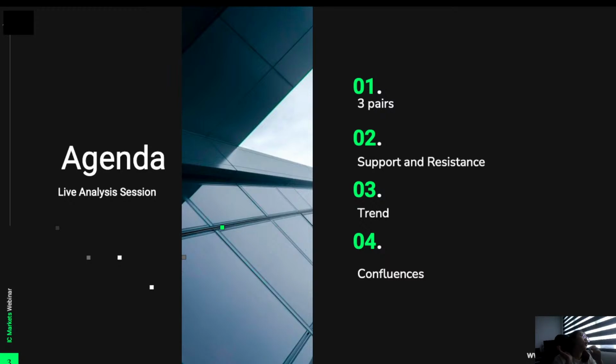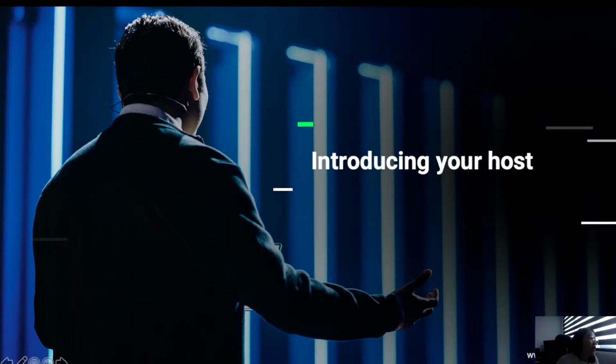Our aim is to look for setups, look for support and resistance, look for trend, because these will all complement each other, and then we're going to look for confluence. Confluence is how we look for our setup. Once we've found all of these things, I will tell you my confidence level of getting in a trade, whether I myself will be getting in. Usually I don't share things that I myself won't get in on. If I'm not getting in on a trade, I'll let you know. If I am, I'll let you know, because that gives you a bit more confidence on the setup and how my train of thought works.